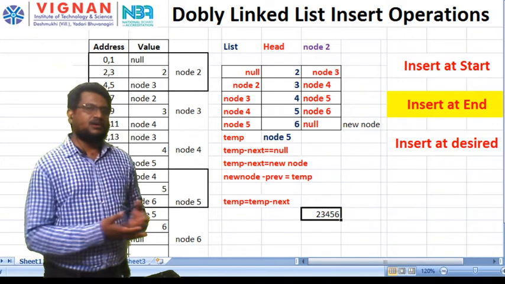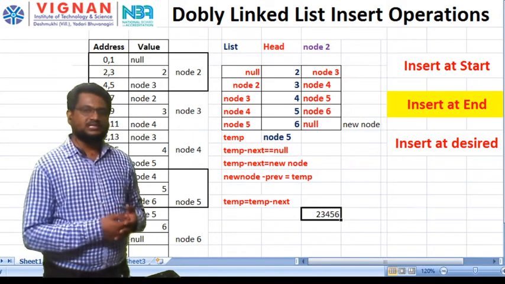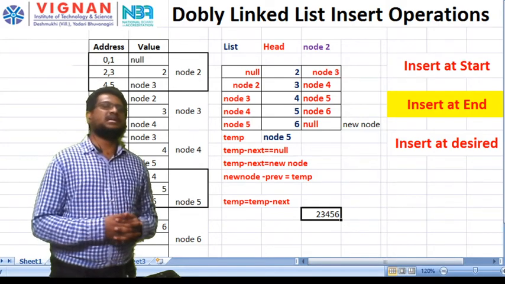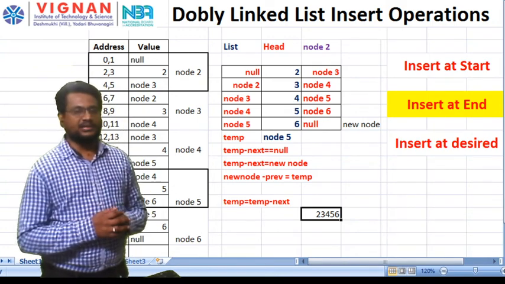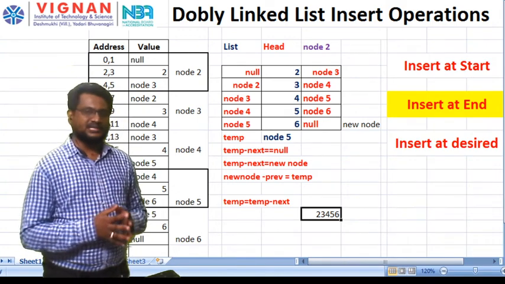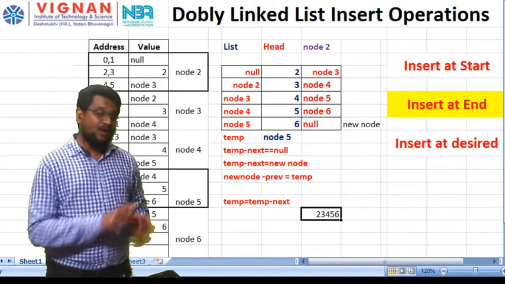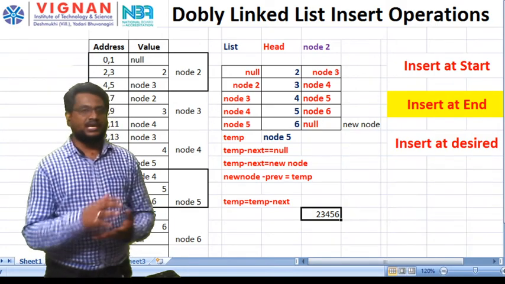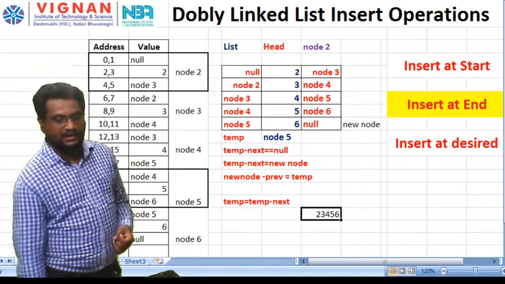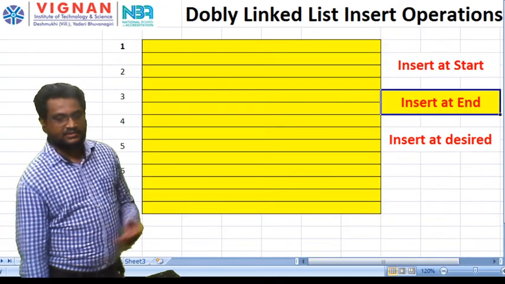It is the created linked list by using the insert at the end of the double linked list. I hope everyone understands the concept. Once again, let's see how we can write this process in an algorithm manner. Now let's try for the operations.